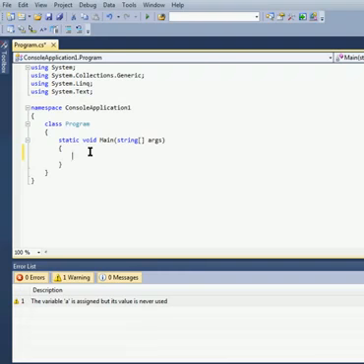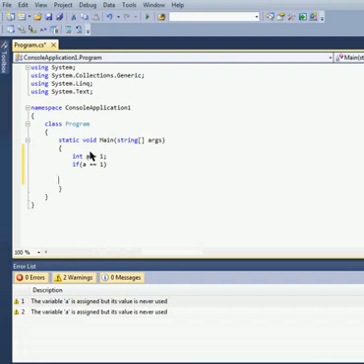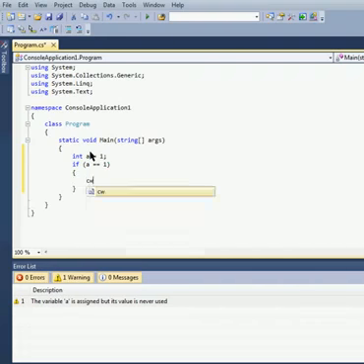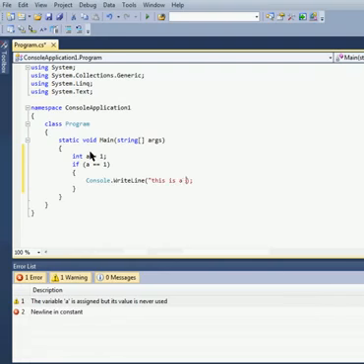What if statements are, I'll do an int a equals 1. And I'll show you a little if a is equal to 1, then console.WriteLine, this is an int. Okay. Now with if statements, after an if statement you can do